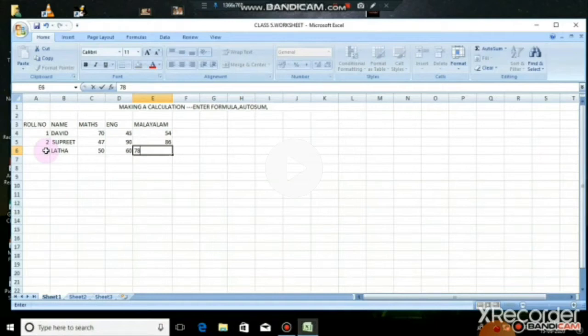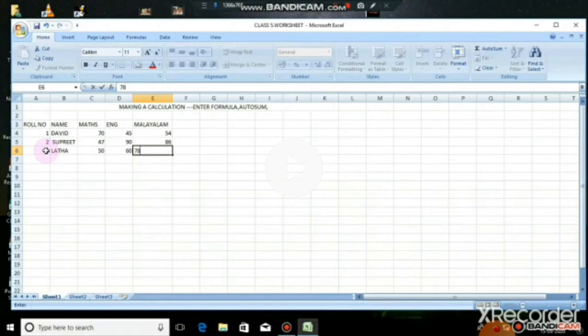Now we are going to create a formula to add the marks of the three subjects, by using the cell name. How can you find the cell name? Column name plus row number creates the cell name. So each cell has a specific name.